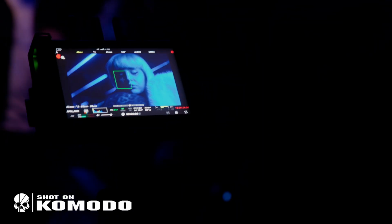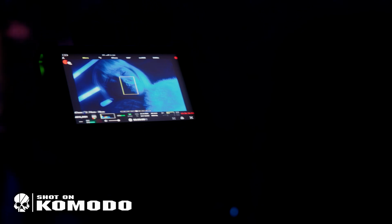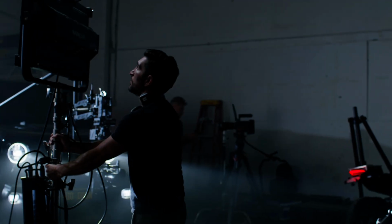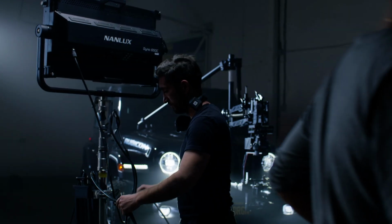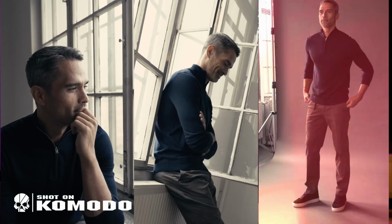So who should actually buy a RED Komodo in 2025? Well, if you do music videos, if you do commercial work, if you do branded content, if you do social media, this is going to be a great tool to have. However, if you only do documentary style work, if you only do interviews, it's probably not the right camera for you. It's gonna be fine, absolutely, but the no autofocus thing is quite a big deal,